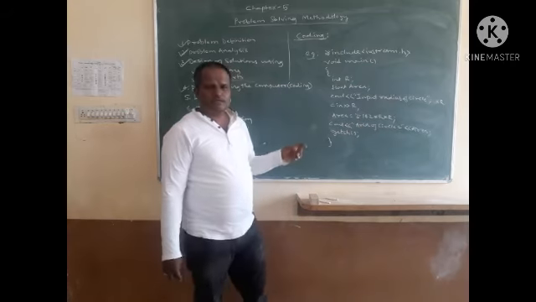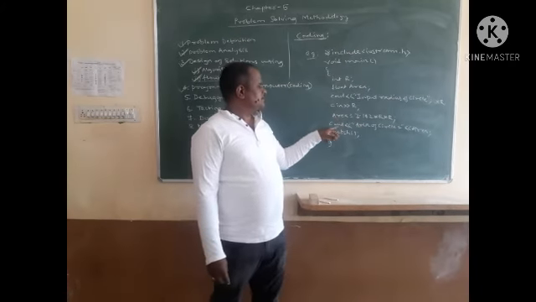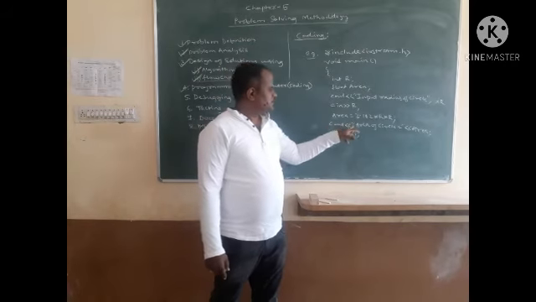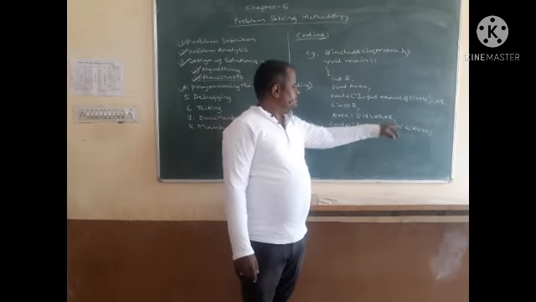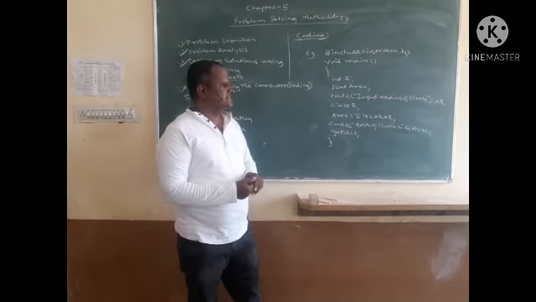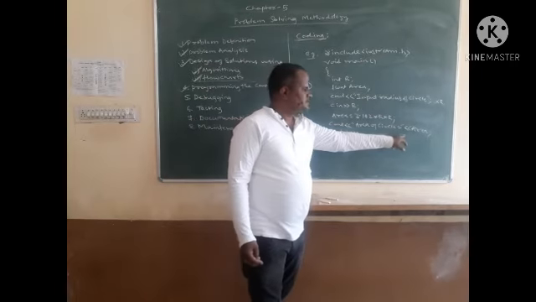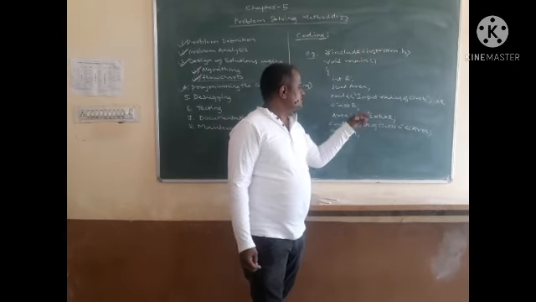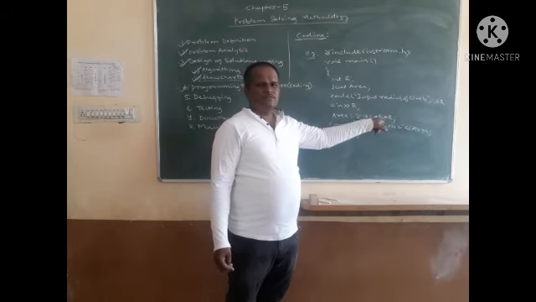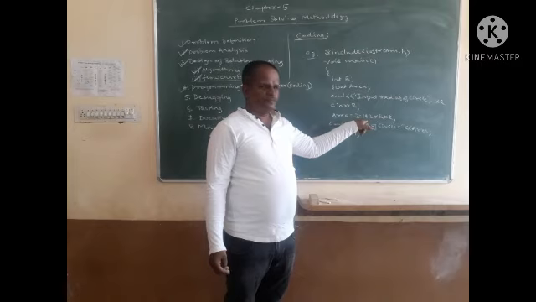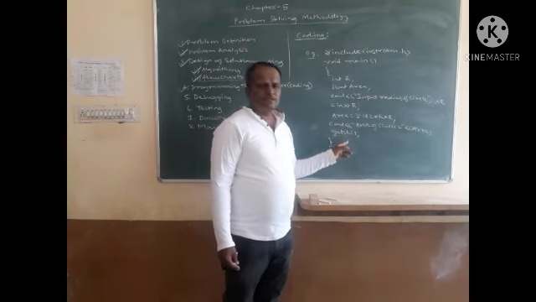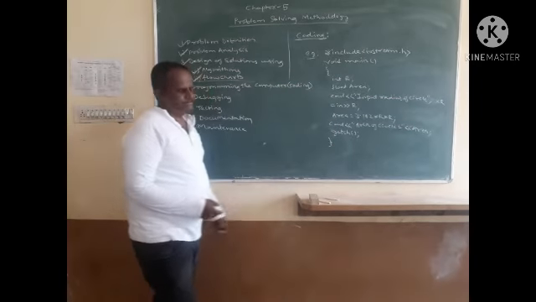Once execution completes this formula, we write the output statement cout again. What we write inside the double quotation marks is going to be displayed on the screen as it is. That is, area of circle is equal to the area computed from the radius we have given, multiplied by 3.14, and the same thing is going to be displayed on your screen. Okay, so this is your coding.